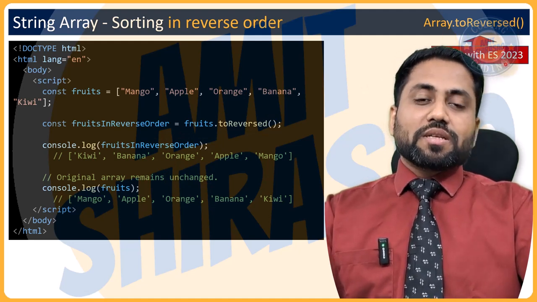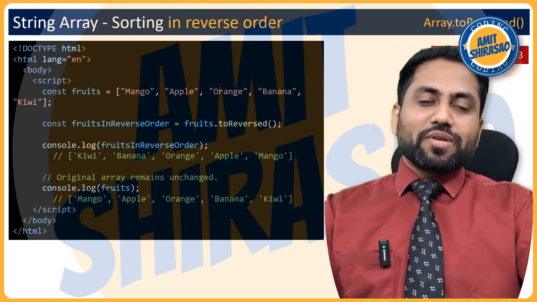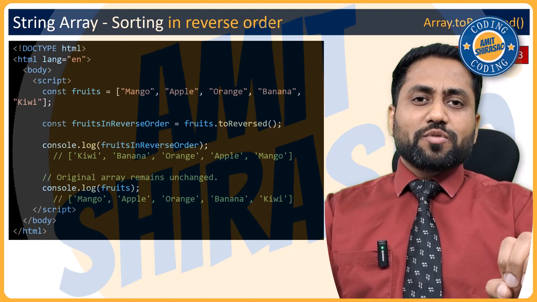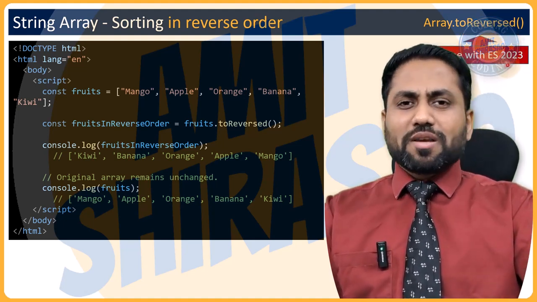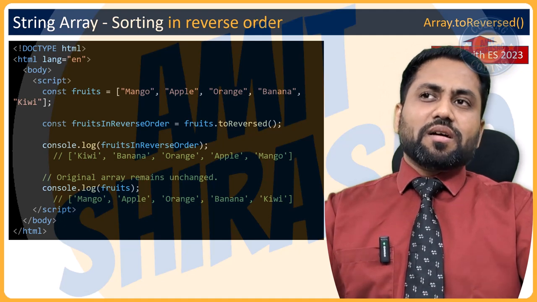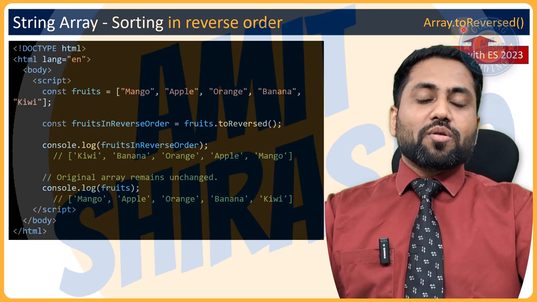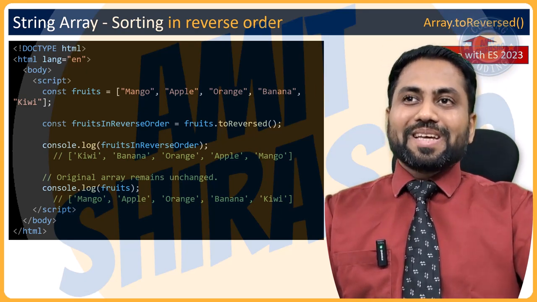It came with ECMAScript 2023, which is a very recent version of ECMAScript. Okay, after this also an ECMAScript version came, ECMAScript 2024, but at the moment, it is still very latest. So it's a very nice thing. And see, they always take care of grammar, so it is toReversed. Okay,